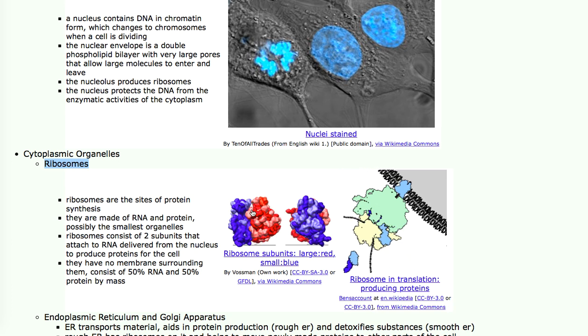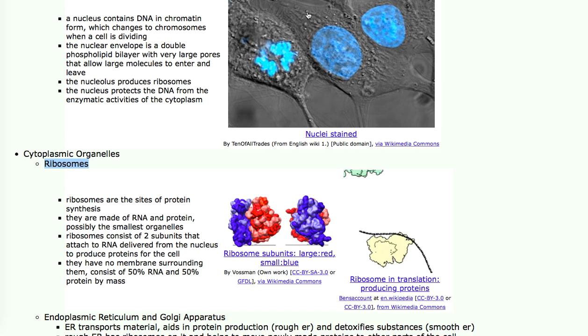If this was drawn proportionately, the ribosomes are not even the size of that little dot at the tip of my mouse up here in this picture. Ribosomes are absolutely tiny, tiny organelles. They're the tiniest organelle in our discussion here, and they're really only visible just barely with the transmission electron microscope, and even then